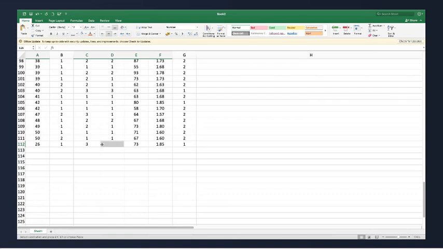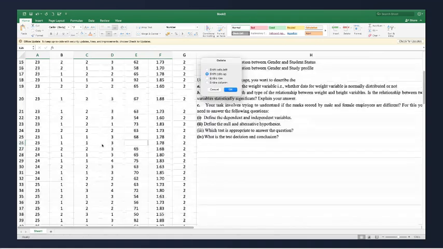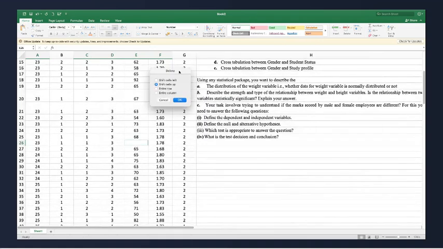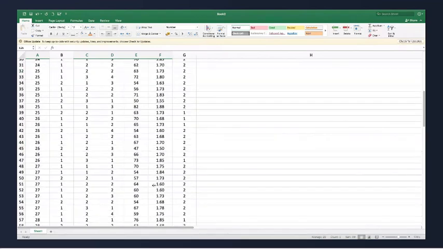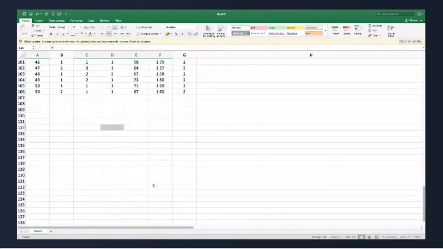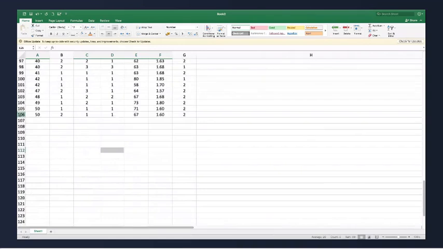I will press Control minus, that is Control and the minus sign. Now what I have got is a delete dialog. Shall I delete the entire row or the entire cell? We'll delete the entire row, because I want to eliminate whichever responses are incomplete. So I will click entire row, OK, and these rows will vanish. Now, earlier I had 111 responses, now I have 105 responses.